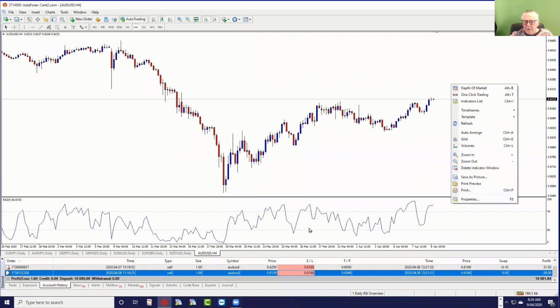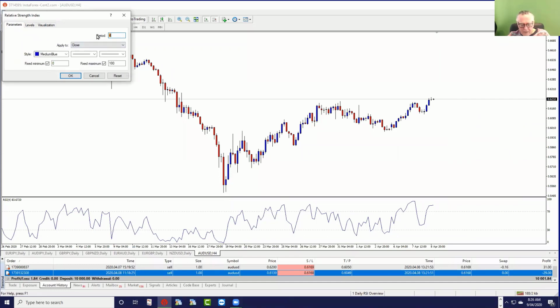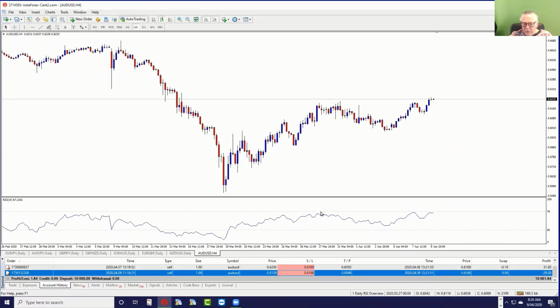If you take the default, which I think is 13 or 14 maybe, and look at it, you see it doesn't reach the overbought environment at all. And it reaches the oversold only because there was a big downward trend. So in the end, the indicator just stays between the overbought and the oversold levels and doesn't add much value. Whereas if you set it for 4,